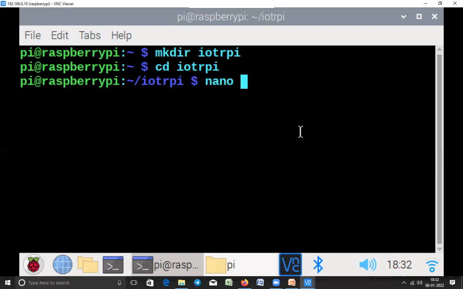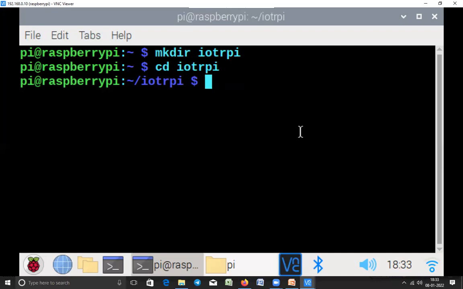The Nano editor is used to create different files, like with extensions, the Python extension, right? .py. If you want to create a text file, the extension is different. So first I'll be creating a Python file. Already all the software is present in this. Python 3 is present. These are the recommended software with the Raspberry Pi. So Raspberry Pi comes with all the required software, all of you.